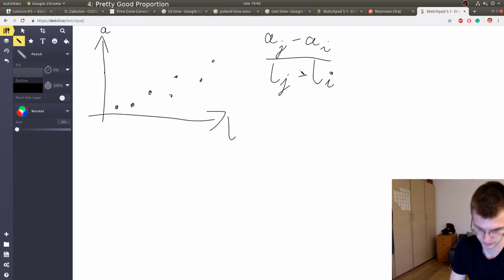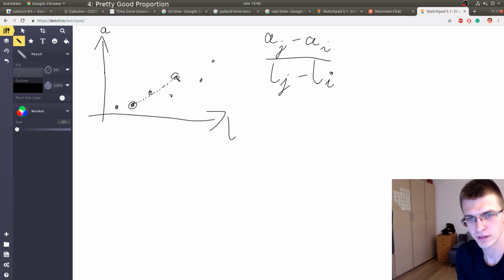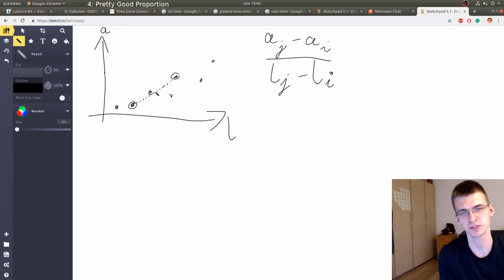And if you know something about geometry or maths, you should realize what this ratio is for 2 points. It's the difference of heights minus the difference of x's. So this is the slope of this line connecting the 2 points. So actually the problem is, given a bunch of points, find 2 points such that their slope is as close to r as possible. And what we did already is try to find 2 points that have slope exactly equal